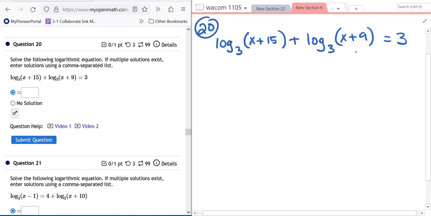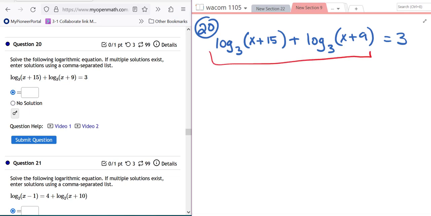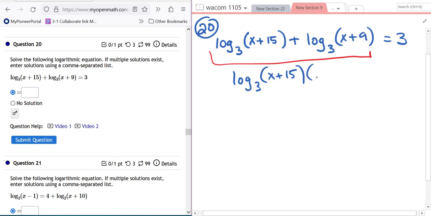So this is adding. They can combine. And it would be log base 3 of this product. Right, and then we can change forms. So we have 3 to the third equals this product,